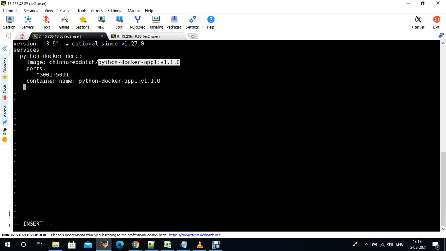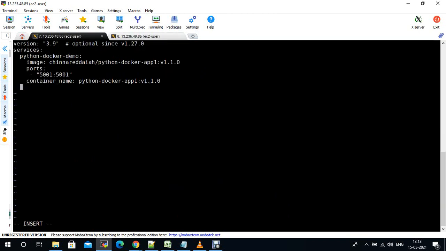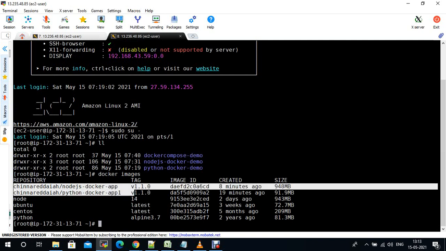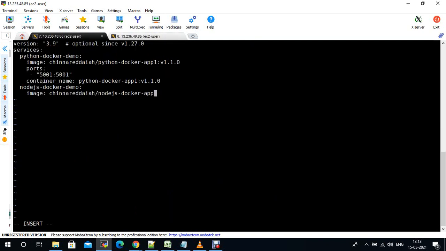Application, so that is the Node.js application, and image is, I just need to provide my image name and version.